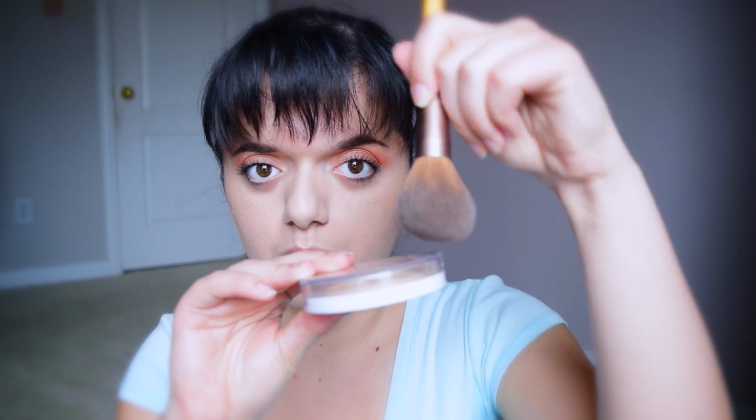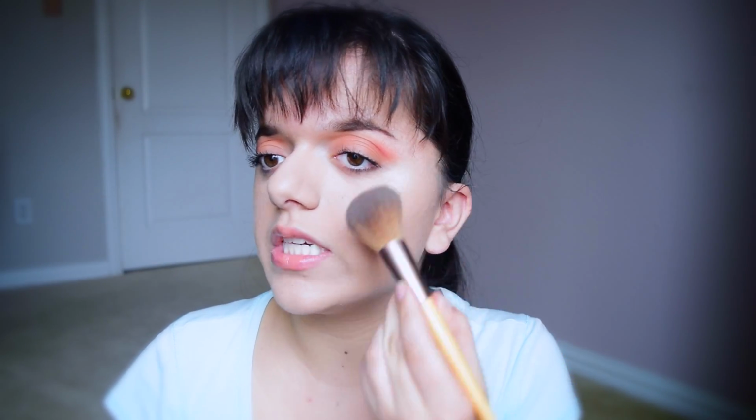Today what I did is I took a fluffy brush like this and I pretty much dipped it into this highlight and I applied it all around my cheek area right here, and then I took this next highlight, which I'm going to be talking to you about. This is the Urban Decay Afterglow highlighter, and this is a more expensive and intense highlight. This is more of a metallic highlight, and then I put a little bit of this on top,